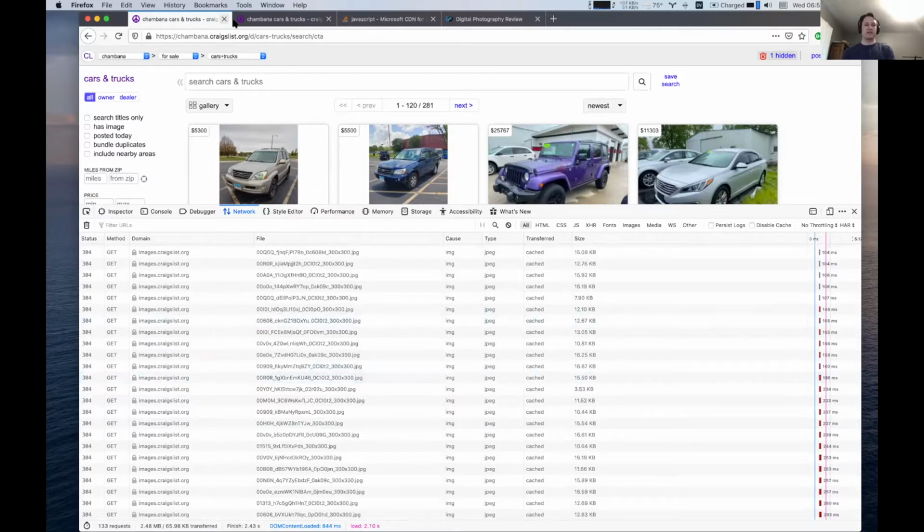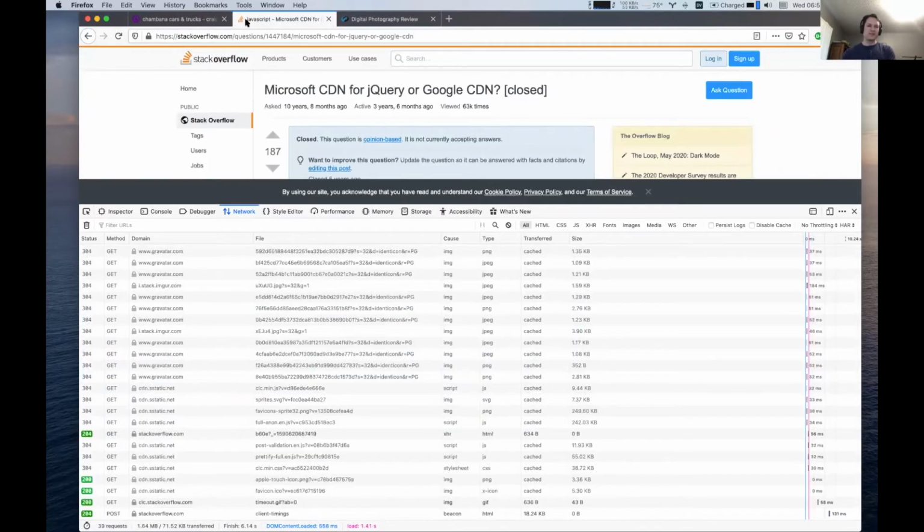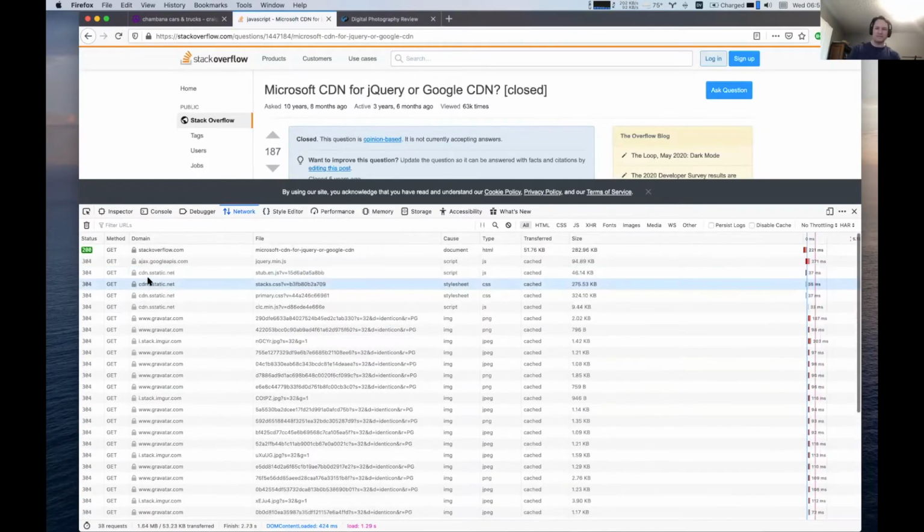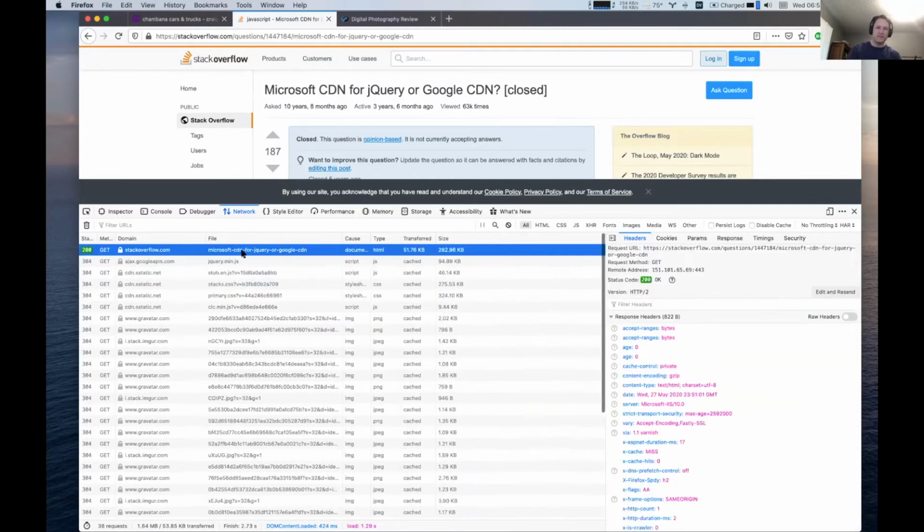We'll talk about in a little while that CORS can be a nightmare with CDNs if you don't do them correctly. So the second one I want to show is Stack Overflow. And as you would expect from someone doing Stack Overflow, they do this correctly. So they have their CDN here. One of the interesting things that they do is that their root page itself actually comes through